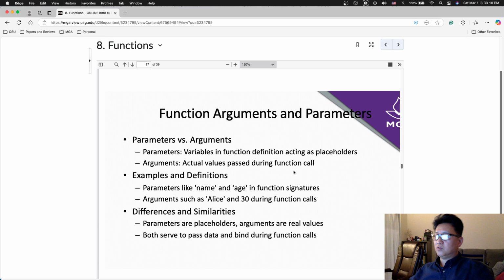Example: in the definition, parameters like name and age appear in the function signature, and arguments such as the list are passed during the function call. Differences and similarity: the parameter is a placeholder, the argument is the real value. This is actually the definition, but